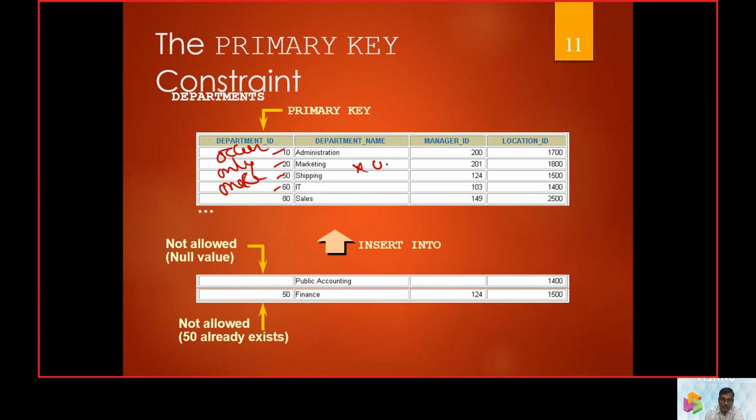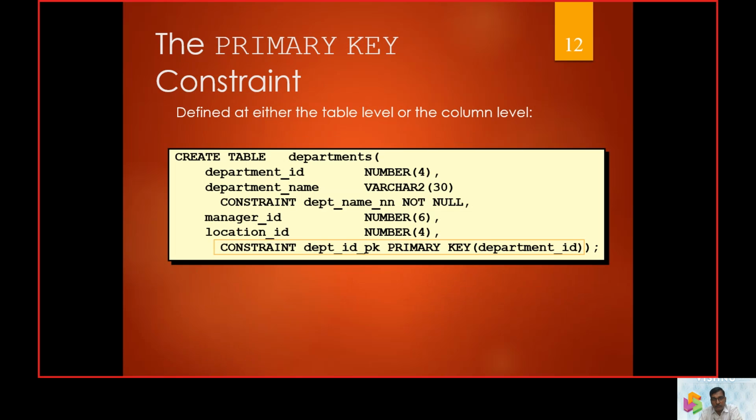And the second thing, they are going to be unique and they are going to be not null. So you can say that null values are not going to be allowed at this point. An empty value is rejected, and the repeated 50 and 50 can't be accepted either. That's the reason why you can't go with a repeated value.